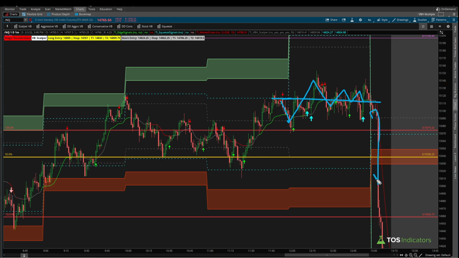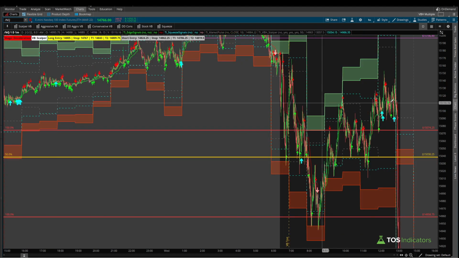And that final puke came after the bell rang, so it did hit T1, T2, whatever you want to call it, but that was after the bell, and I wouldn't really consider that part of the same trade. But for those of you that did stay in it, you had T1 and T2 for additional gains there inside of the Nasdaq. So hopefully today's video gives you an idea of how the different volatility progressed in the 3 major index markets. And more importantly, the fact that they all happened on our scalper is the one that I find most interesting here,